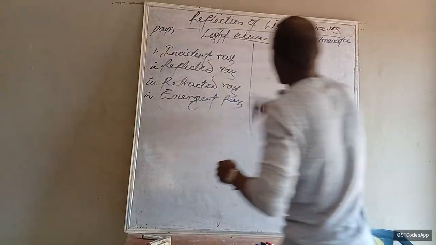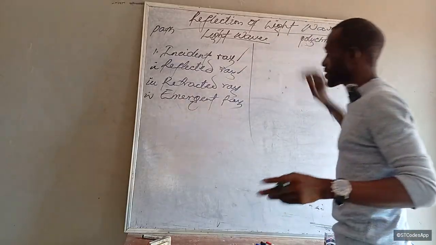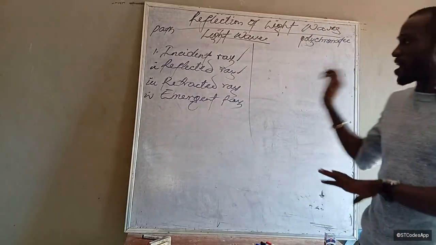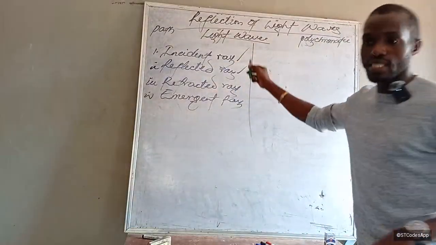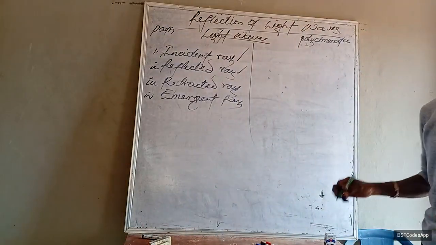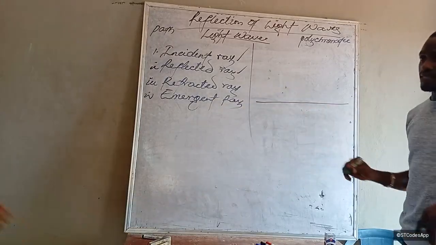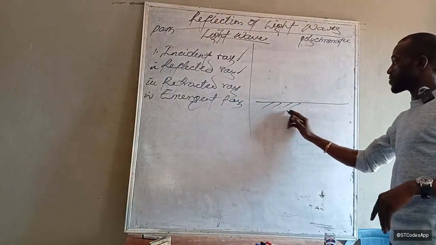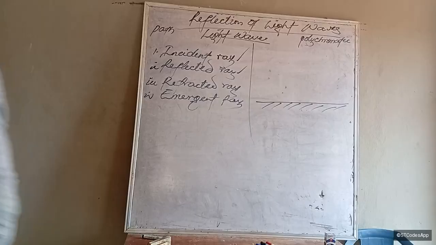Now, when we are dealing with reflection, we only need two: the incident and the reflected. When we deal with refraction, we need incident, refracted, and emergent. Is it clear? Now watch. When we have a surface like this, a solid surface,